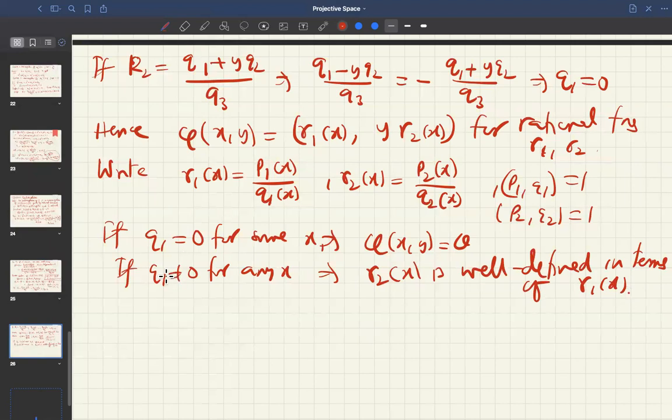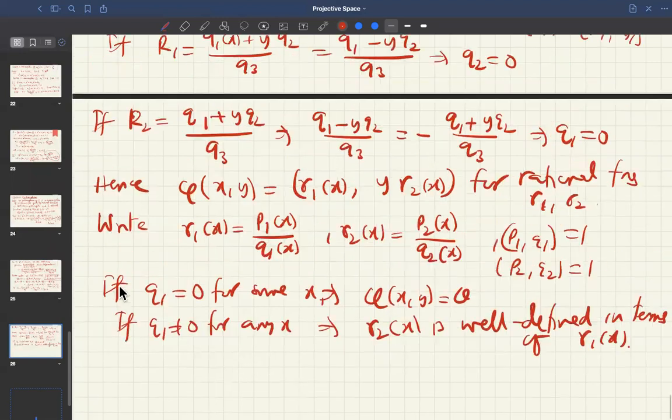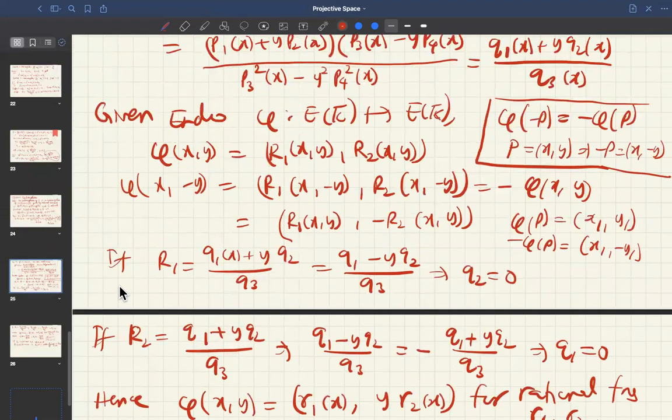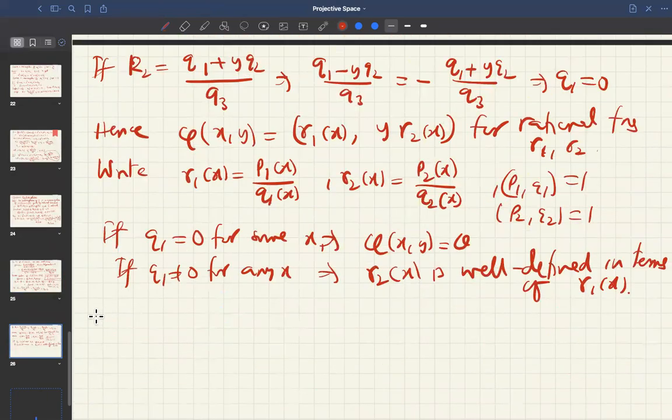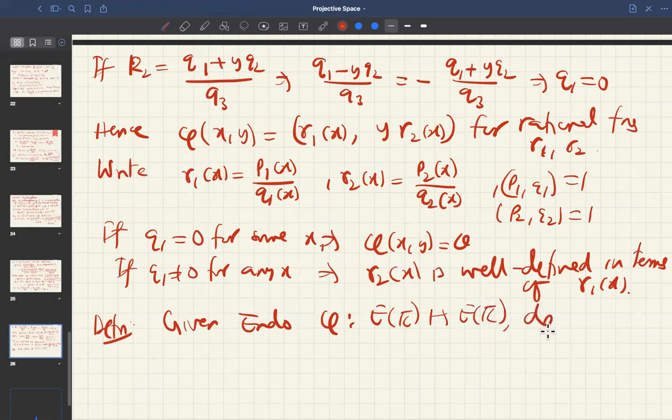So now what we're trying to do is the following. I have an endomorphism, so we can define the degree of the endomorphism. Definition: given an endomorphism phi from E(k bar) to E(k bar), define the degree of phi to be the maximum of the degree of P1 of x, the degree of